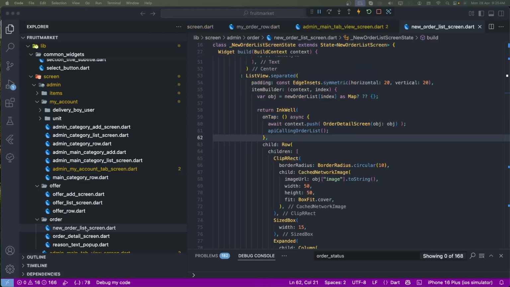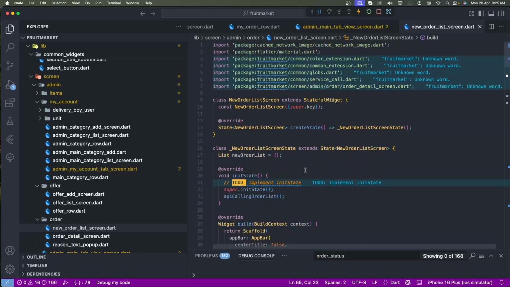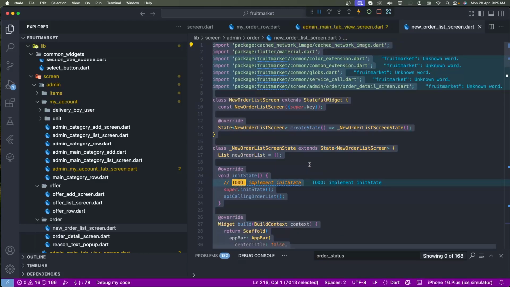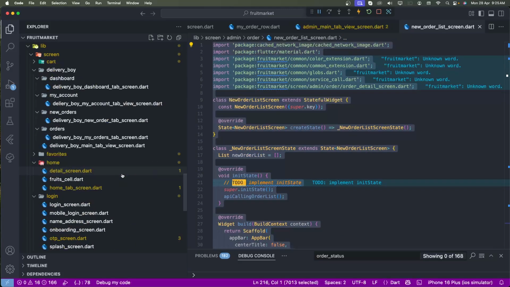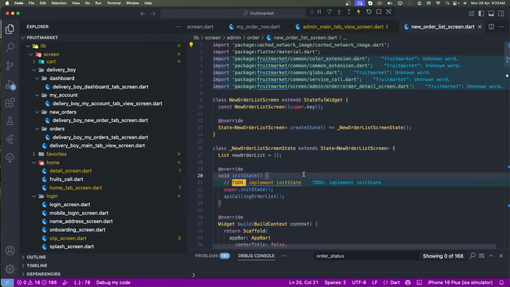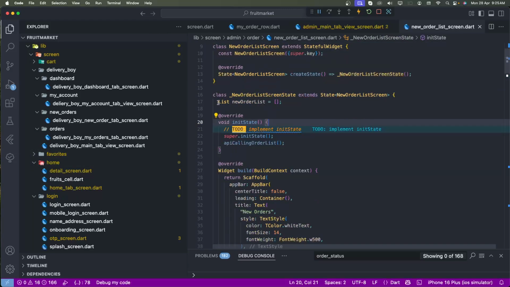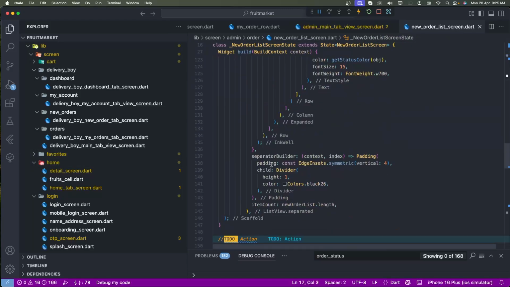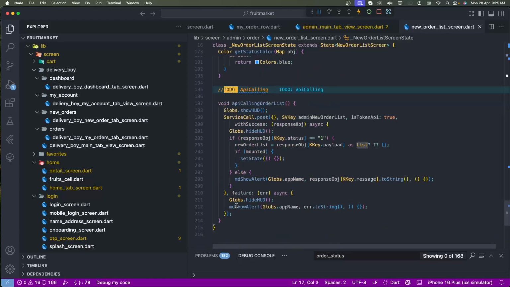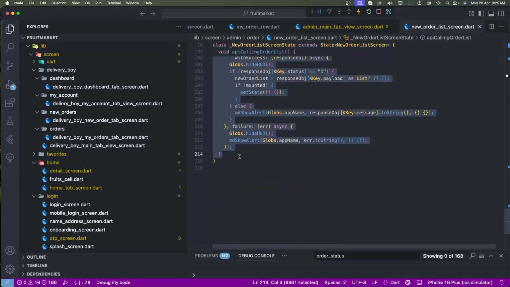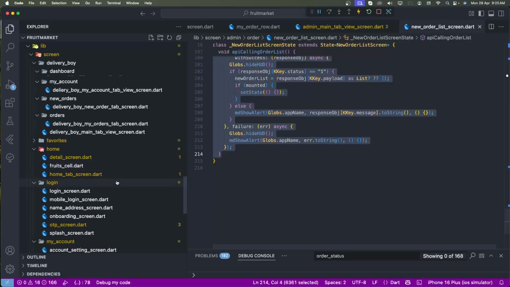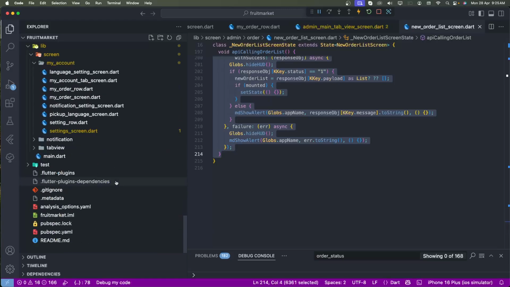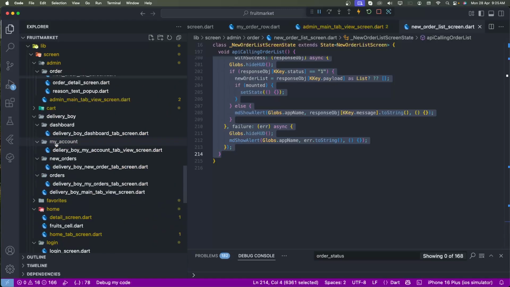We need to find the new order list screens. So we need to copy this data. We need to copy all the data for the screens, and now replace it with these scaffolds. Need to copy this data, as well as replace the order list. We need to copy. Now we need to go inside the